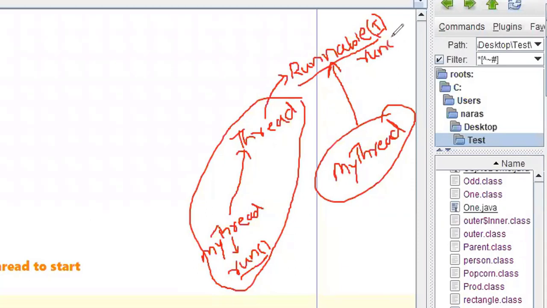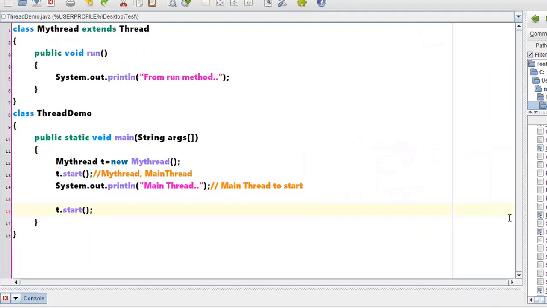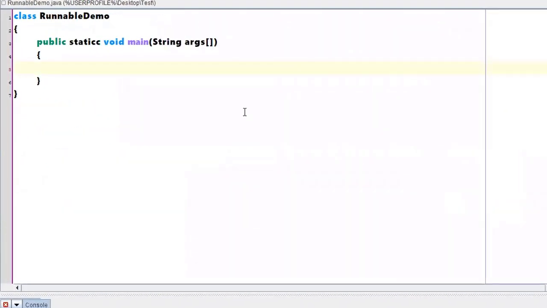So now what we have to do is, once you are implementing a runnable interface in this particular class, we need to override. That means we need to give a definition for this particular run method. Understood overall idea? Okay, so let me clear these drawings and let us see an example of how to implement a runnable interface, right?